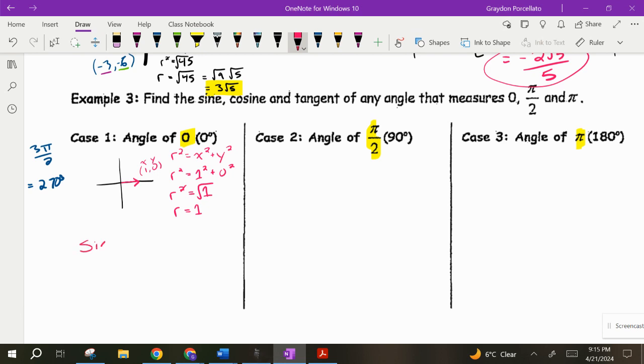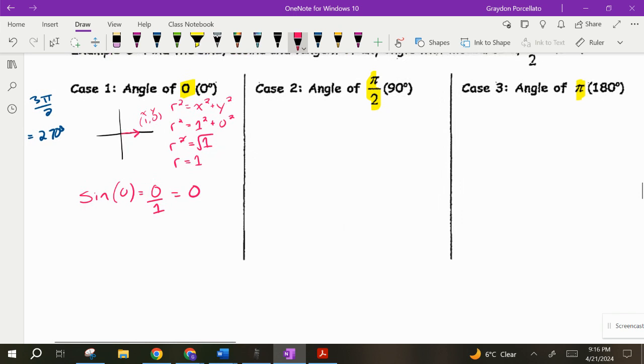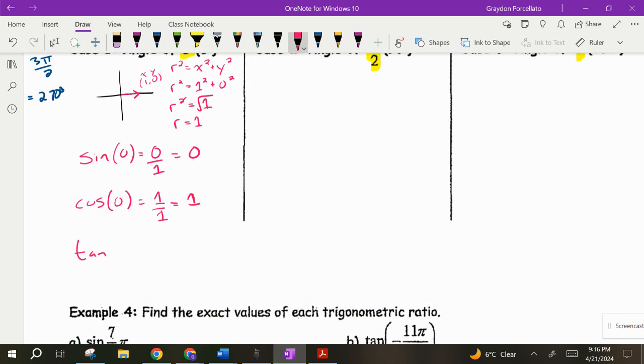So the sine of 0 is equal to, well, sine is y over r, so 0 over 1, which is 0. The cos of 0 is equal to x over r, so 1 over 1, which is equal to 1. And the tan of 0 is equal to, well, y